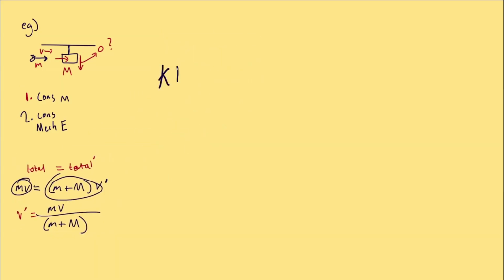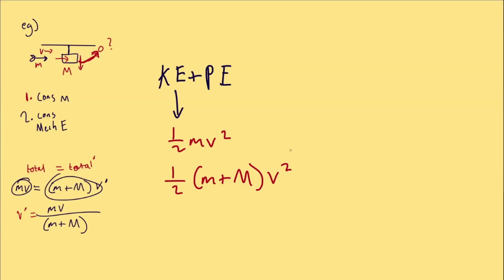Let's now solve for phase 2. Mechanical energy is kinetic energy plus potential energy. Kinetic energy is equal to 1/2 mass times velocity squared. And in this case, because the time interval we're using is after they stick together, it would be their combined mass. If you look at the kinematic equations, velocity squared is 2 times acceleration times displacement. Acceleration here is acceleration due to gravity, and displacement is the max height, times 2. And if you plug this in